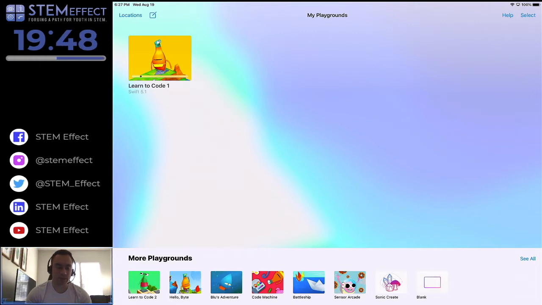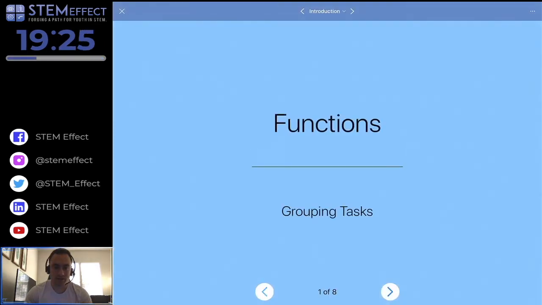I wanted to point out that all of these Swift Playground videos, I'm doing all of these on an iPad. So that's all you need for this. You don't need anything else. You can do all of them on an iPad. So we'll get back into our Learn to Code 1 Swift 5.1 version app, and we will start learning about